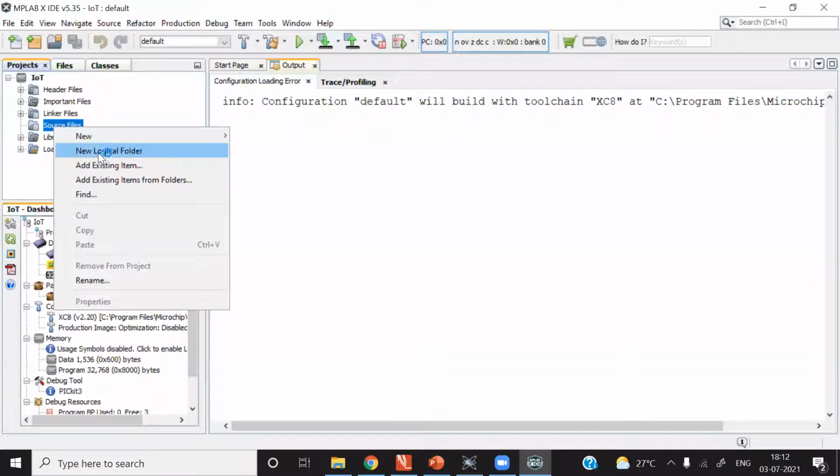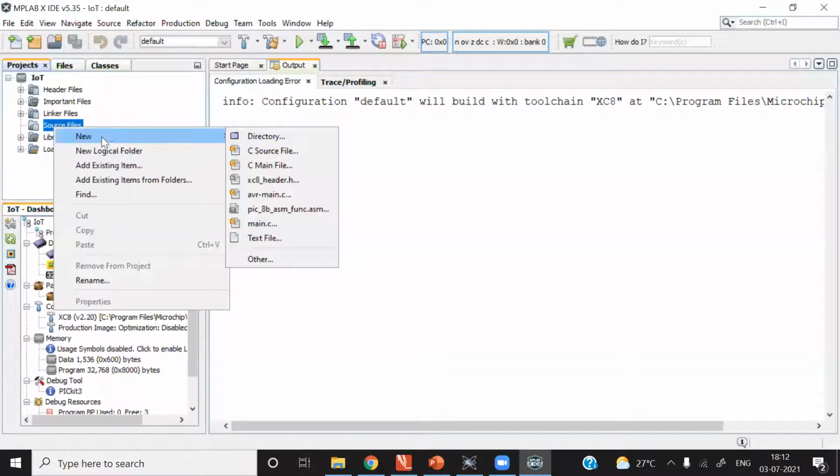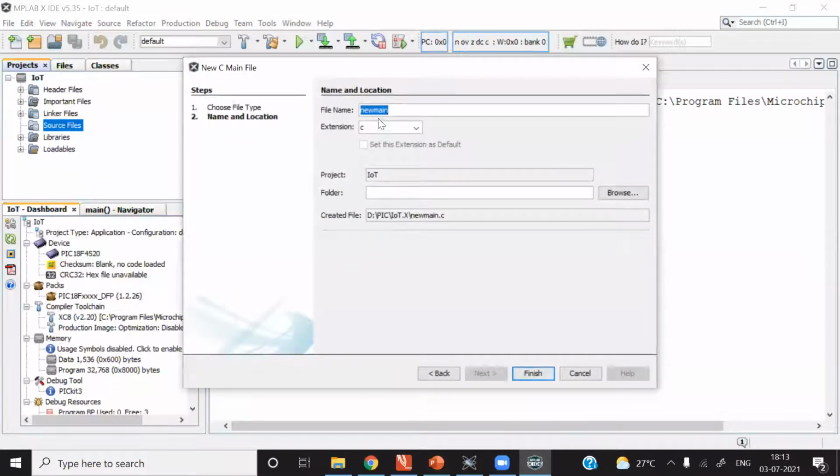Now I will show you how to create a new file. So New, and then C Main File or C Source File, that you decide. You can select any one here. I am selecting C Main File. Now give a suitable file name, for example, LED blinking.